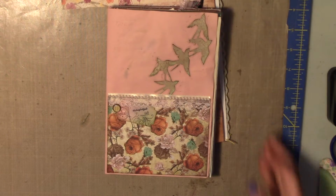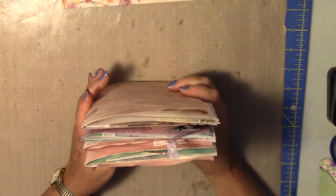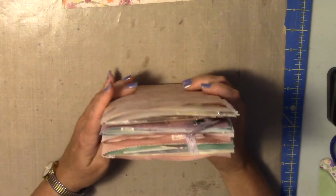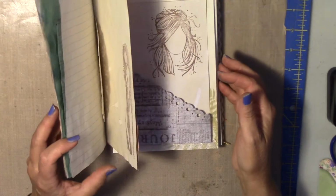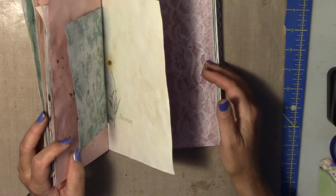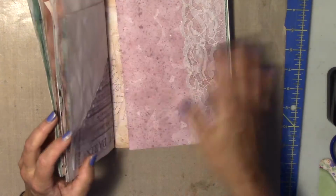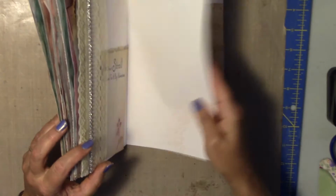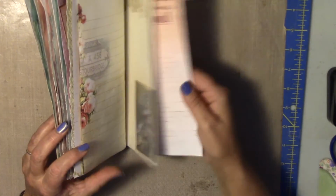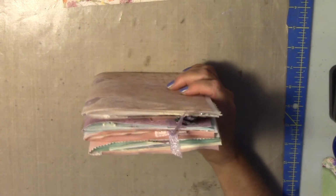Okay, so I stopped at 4 because it's getting to be about the size that I am interested in it being. Now basically what I've done is I've gone through and I've done all of the kind of stamping that I think that I want, and any kind of spraying or stenciling or anything like that. I'm not done with the book, but those are the things that I like to try and get done before I put the book together, because those are the things that